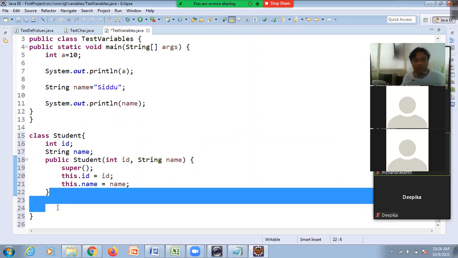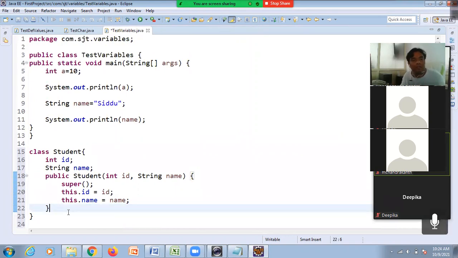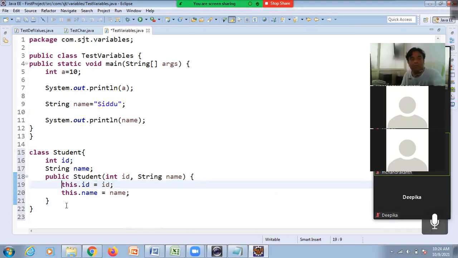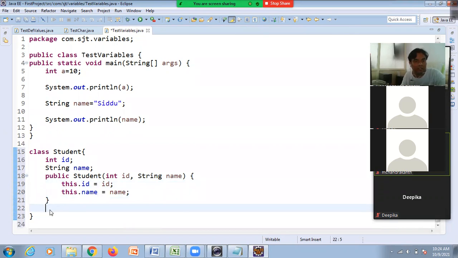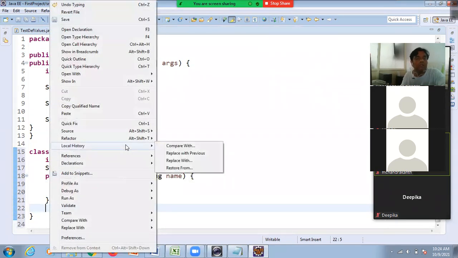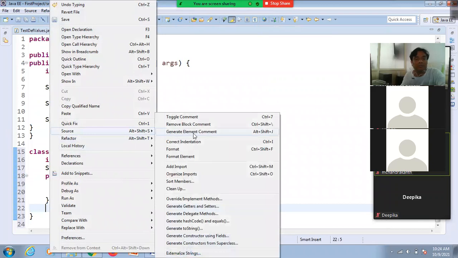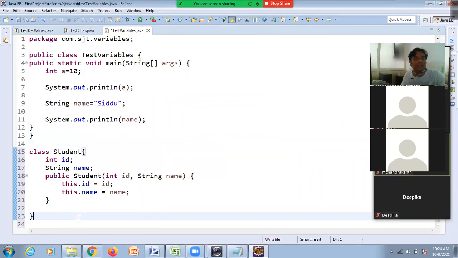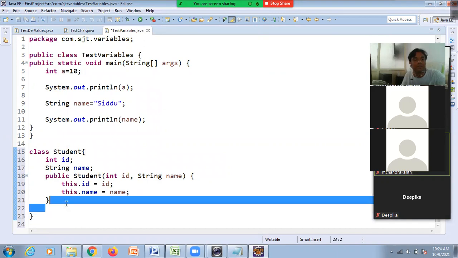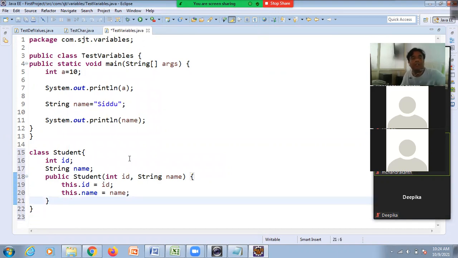For now, you don't worry what I am doing. I will clear your doubt about string, why it is printing like this. Then we will do source. For now, let us have only this much.